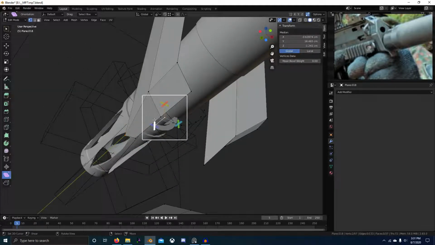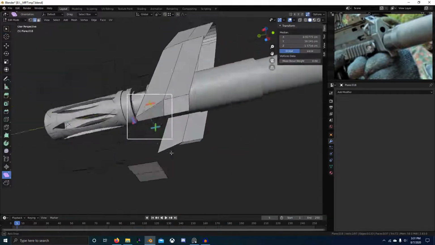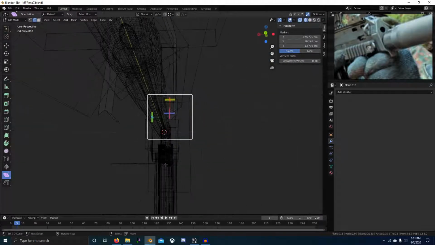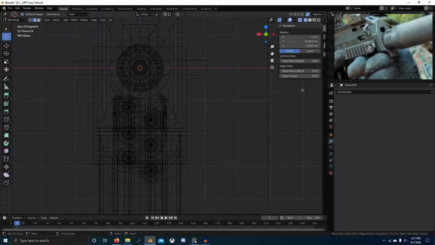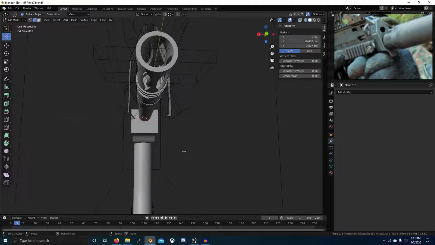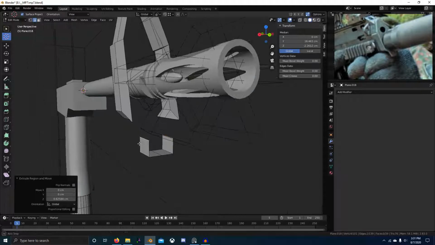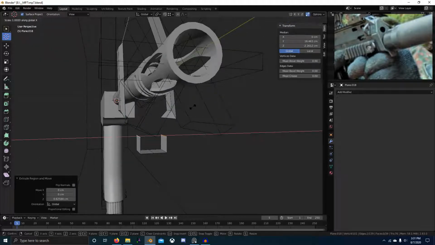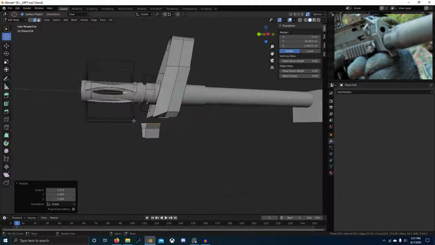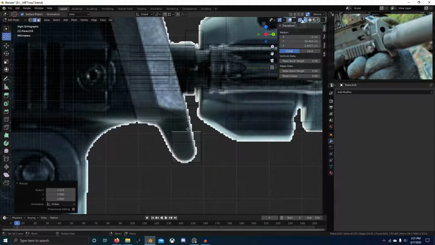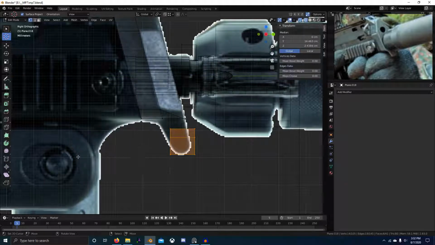Okay, well this is a pretty bad non-planar face, so we'll just leave it for now though. Bring it up. Okay, so now we can